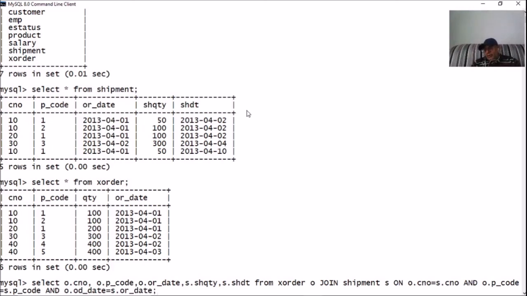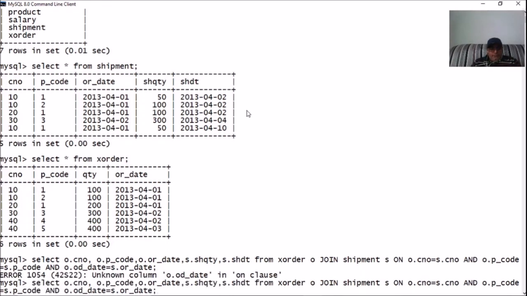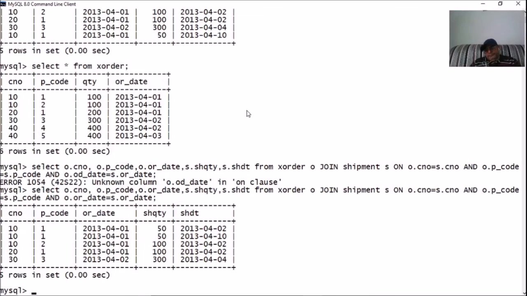All the common columns we have specified in the condition for join. Unknown column OD, it is OR, not OD. And here is the result.